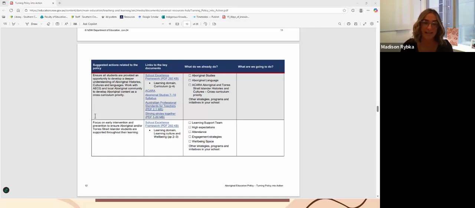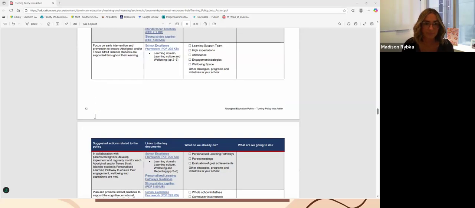Another hint, it says work with the AECG. So in New South Wales, there's an Aboriginal Education Consultative Group. If you're in a different state, I would be looking for any consultative group that can help you, or you'd be looking at your Aboriginal community. In your area, you may even look at your local Aboriginal Land Council. There's people in there that can also assist. If you don't have an AECG or you don't know anyone in the community, I do suggest going out and making connections. Then always go to one of the teachers within your school that may be an Aboriginal education officer who can help you make those links as well.